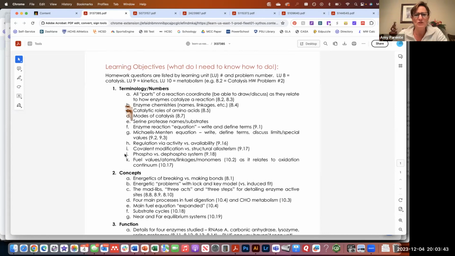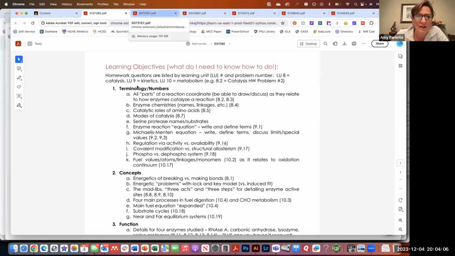I'll try to go through and do enzyme catalysis first. So I might jump around here just to do enzyme catalysis first, and then we'll go back and do kinetics and then metabolism. And then we'll highlight and I'll go through and see if there's anything either in the homework or in the notes that I didn't cover sort of on the study guide here.